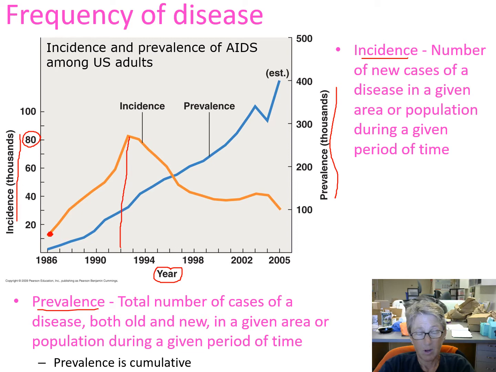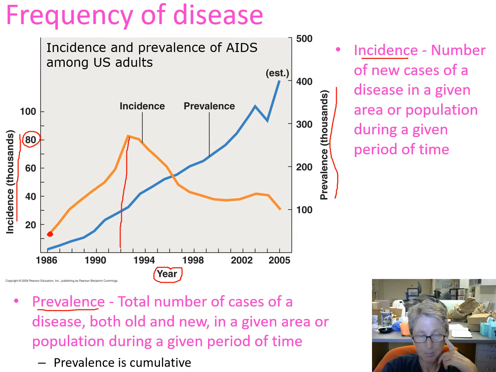And then a different type of frequency is prevalence. That's the total number of cases, both old and new. So incidence is just the number of new cases of a disease in a given area or population for a given time. And prevalence is the total number of cases, both old and new, in a given area or population during a given